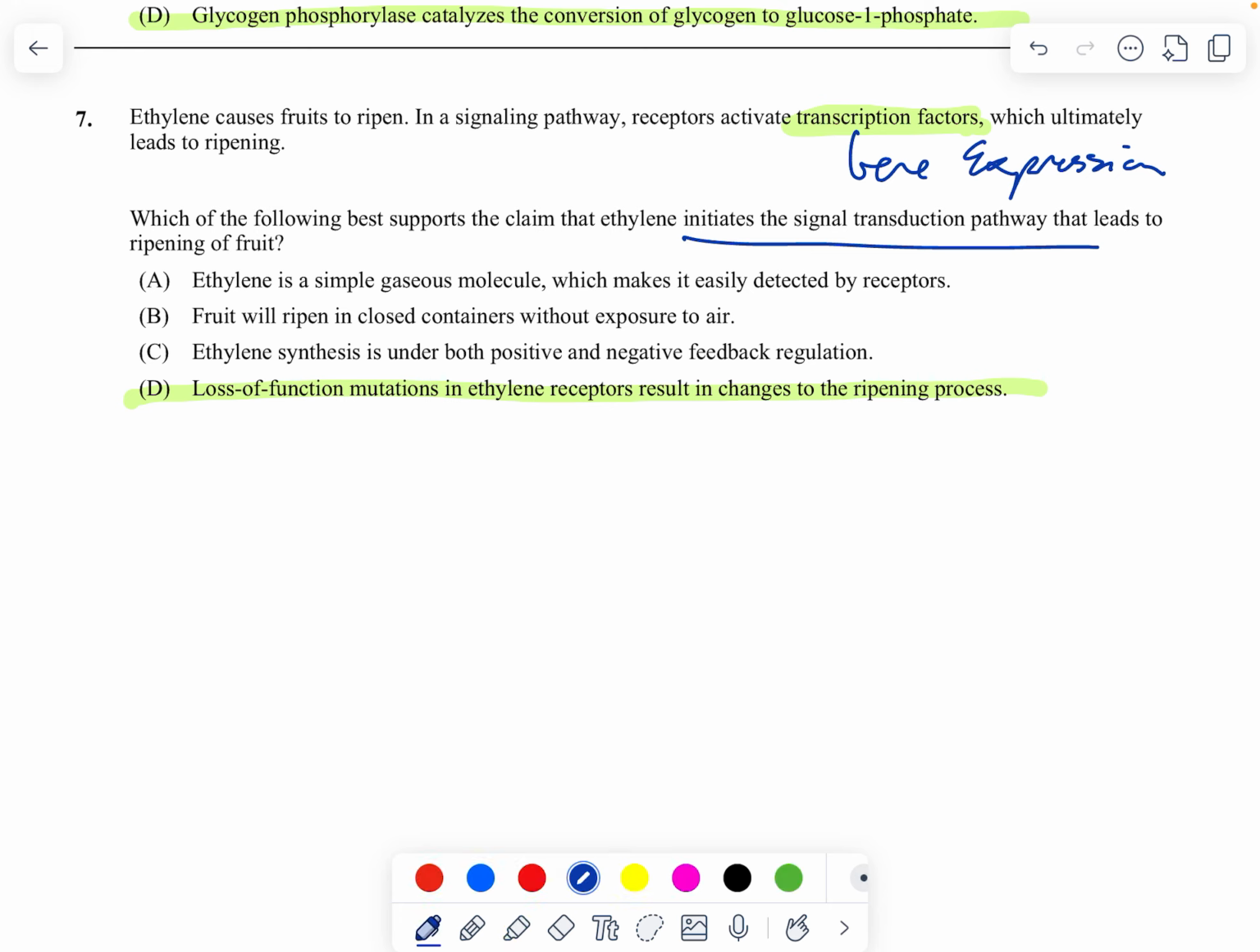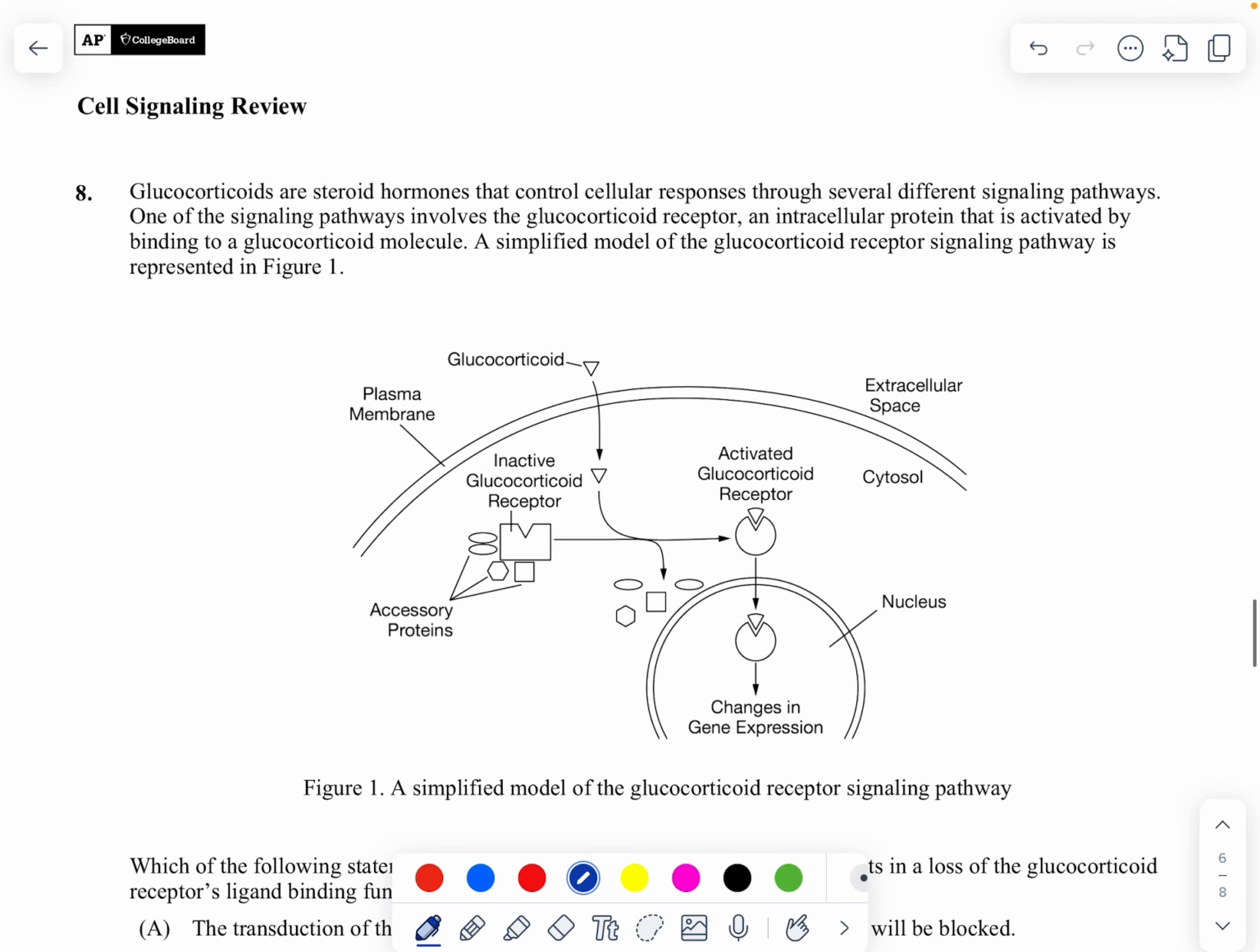Because if these receptors are changed, which means they lose their functions, they can't bind to ethylene, ripening also changes. So this is a direct correlation, cause and effect. Number 8,